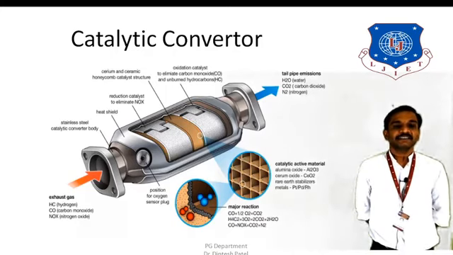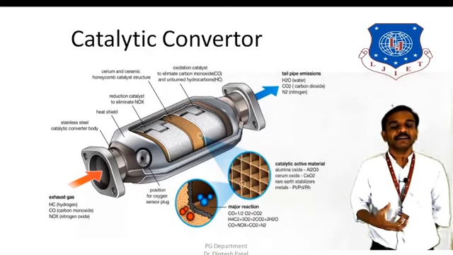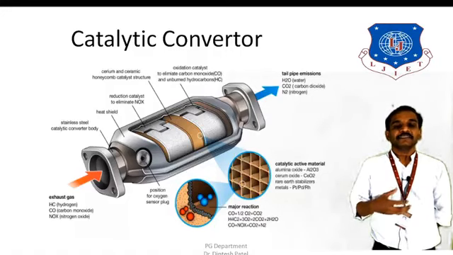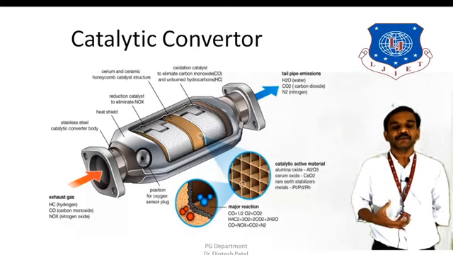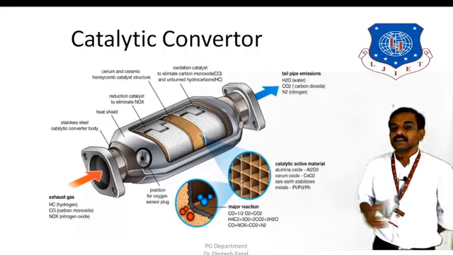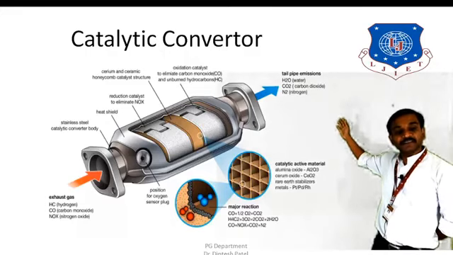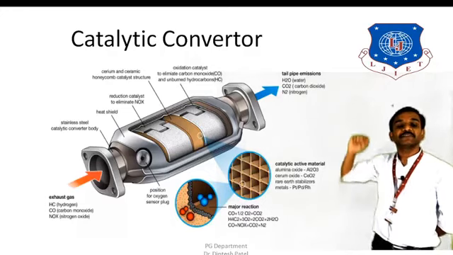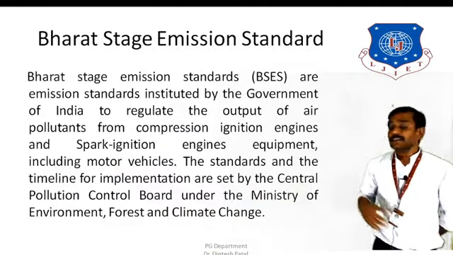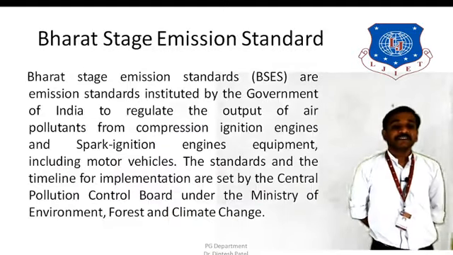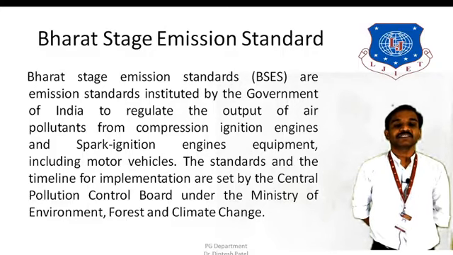A catalytic converter basically consists of a ceramic honeycomb structure, and that has the catalytic points embedded on it, and these gases pass over the catalytic material, and there would be oxidation since they come into contact with each other. So the catalytic converter reduces all 3 different emissions from the exhaust gases and converts them into water, carbon dioxide and nitrogen. Next one is what are the different standards of Bharat stage emissions.